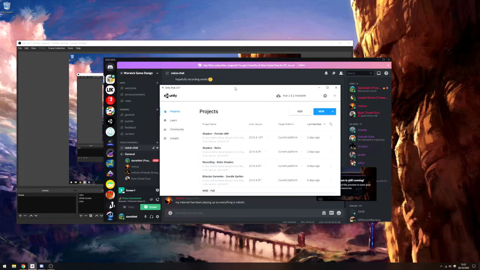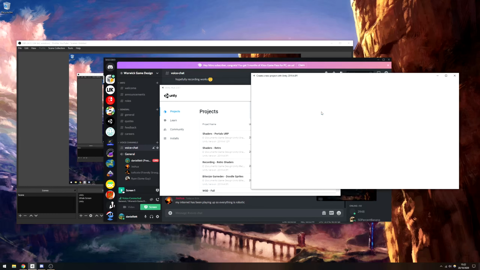Hello, today we're going to show you how to make a Unity game from scratch, from no assets in the scene whatsoever, just a blank project. So I've got my old Unity Hub open here. To start a new project, you come down to this little blue button, and either you select New, or you can select this little drop down, and it will bring up all the Unity versions you have installed. I've got way too many, but I'm just going to hit New, and it should use the latest version,